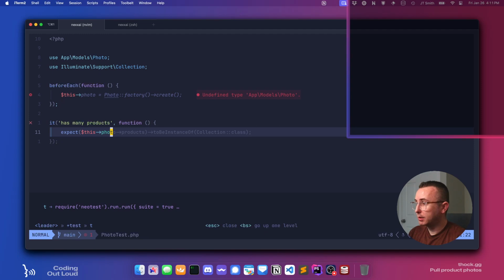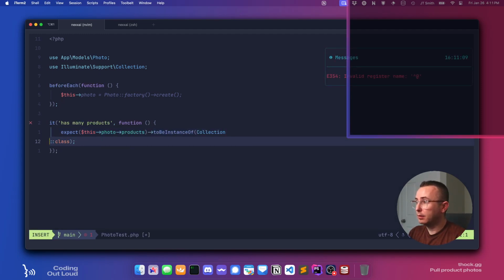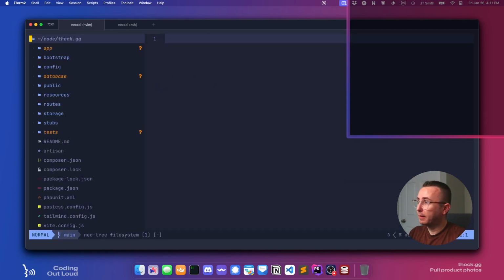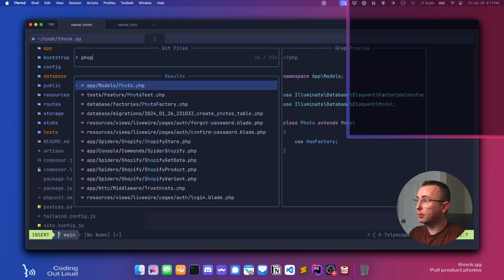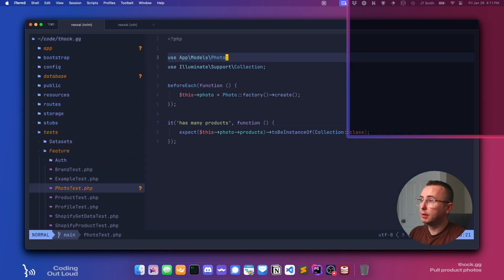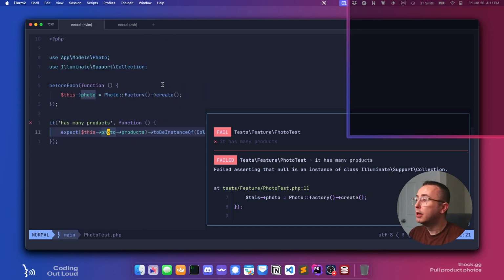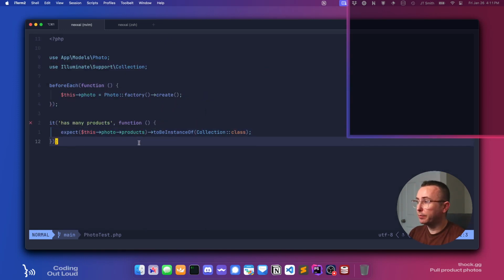Not sure why these tests are not running all of a sudden. Photo tests. Okay, so at least we're not getting the missing class error. So what we need to do now is we need to say